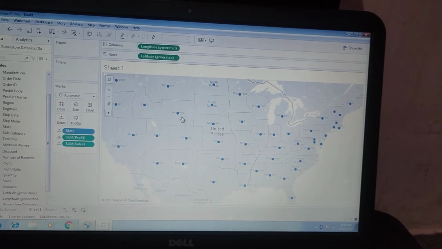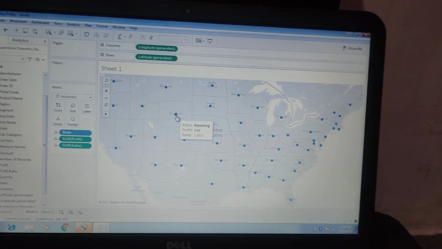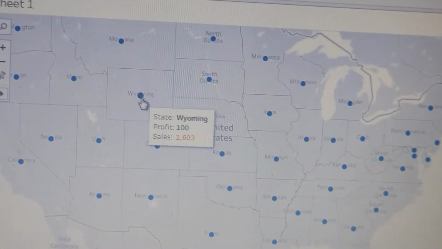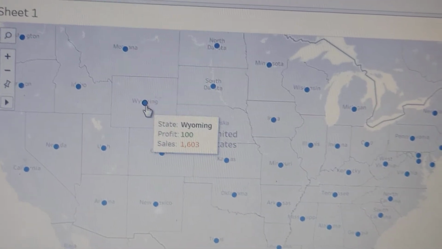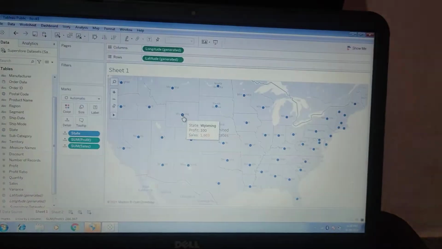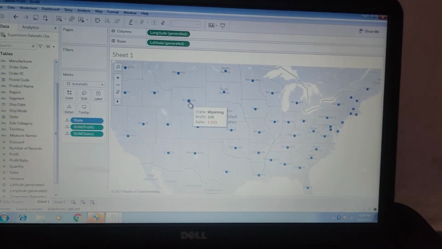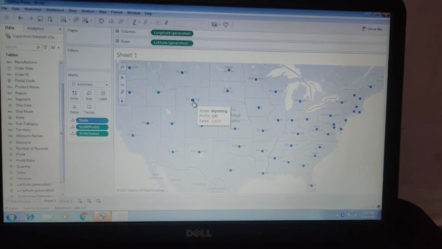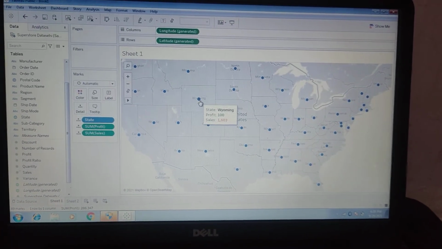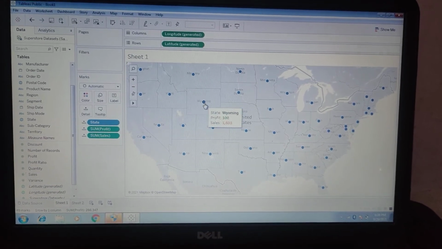Now when you hover over any state, you can see green color for profit and orange for sales.